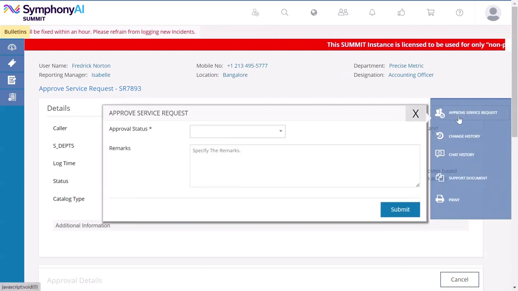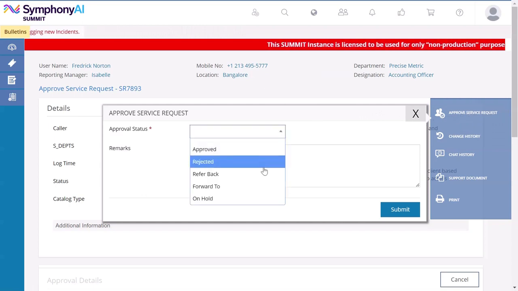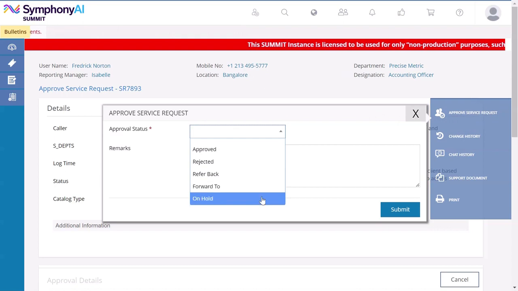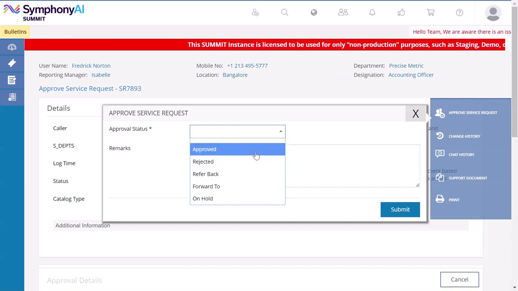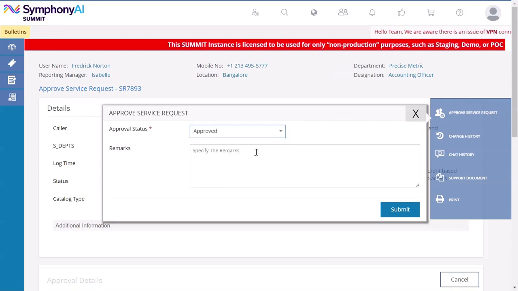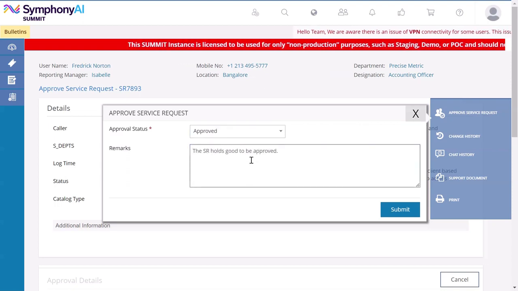Approve Service Request can be clicked from the Actions panel, and the choice of whether to approve, reject, refer back, forward, or keep on hold can be made based on the scenario. For example, if the request is approved, then Approve is selected from the drop-down, and comments supporting the decision are